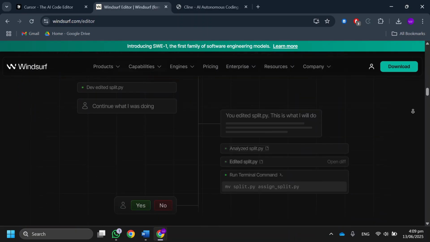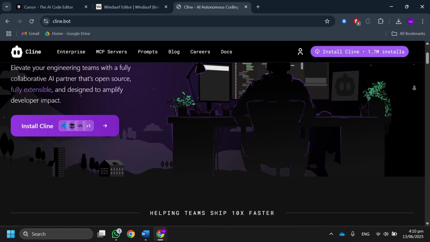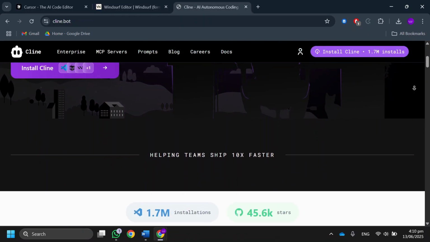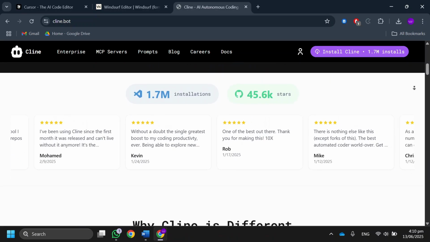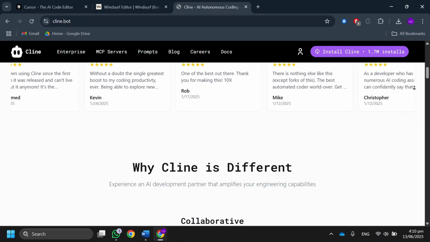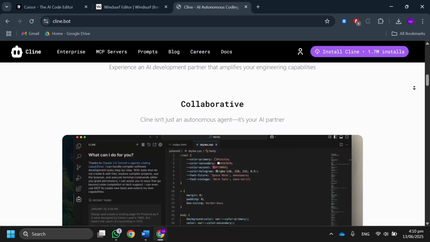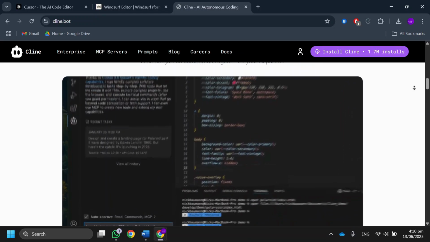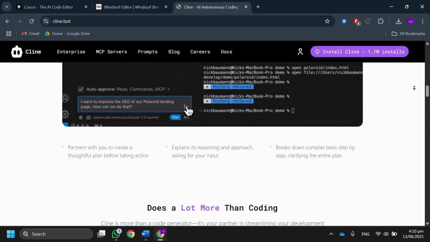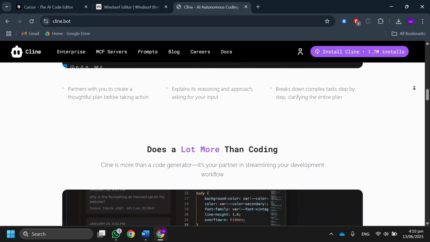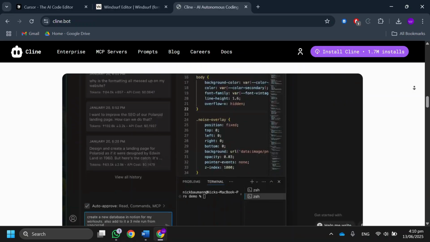styles. Finally, let's talk about Cline. Cline is a lightweight coding assistant with a minimalistic design. It is fast, simple, and good for quick prototyping. The pros are its speed, simplicity, and multi-language support. The cons are fewer AI features than Cursor and fewer collaboration tools than Windsurf, so it may feel basic for some users. So that's basically how you can compare Cursor, Windsurf, and Cline to find which one is the best